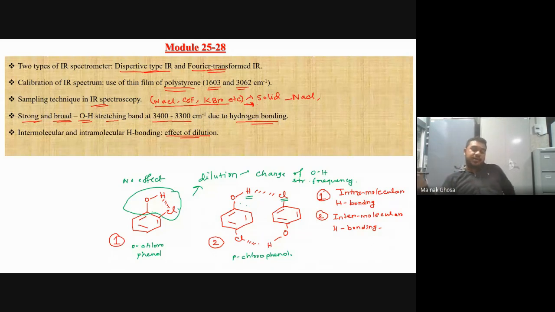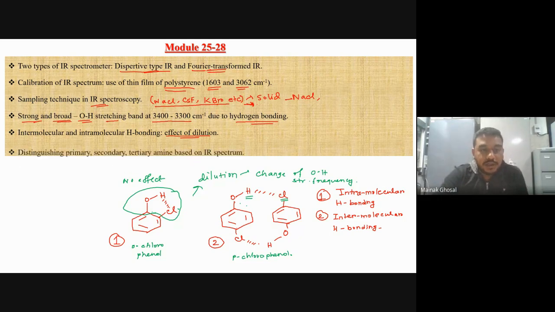So you just take one sample, do dilution and check the IR. If you see any kind of change, then you can say this is parachlorophenol. If you see no change, you will confirm that this is nothing but orthochlorophenol. Now,